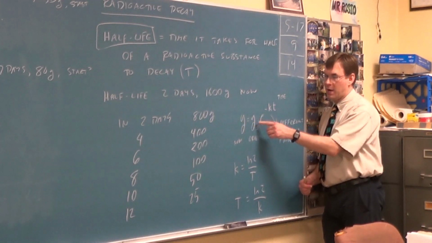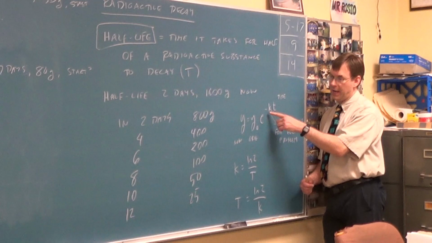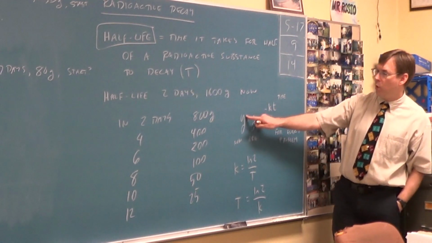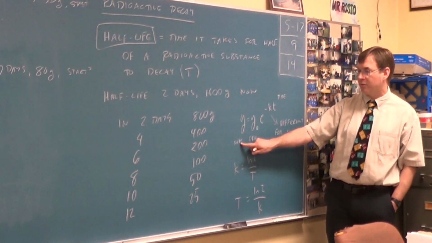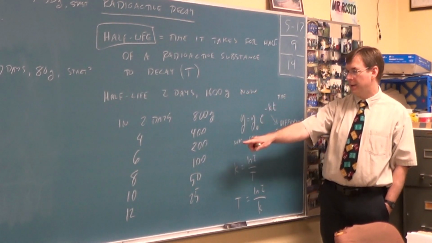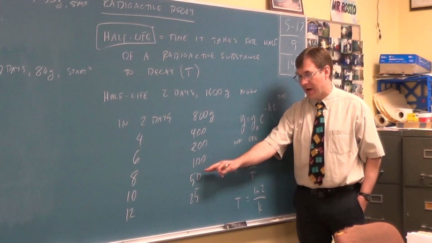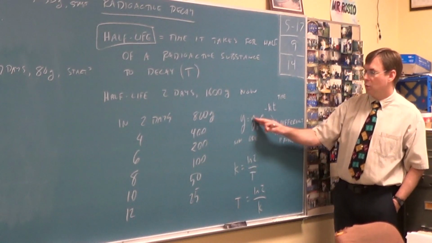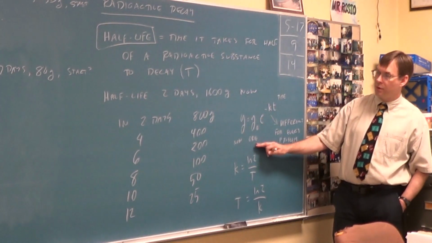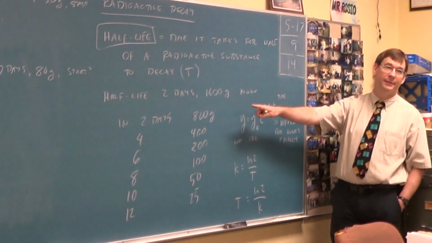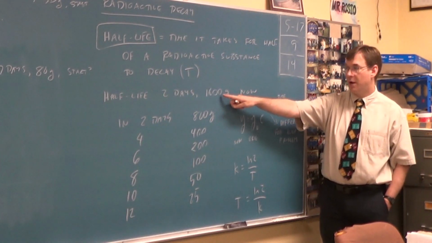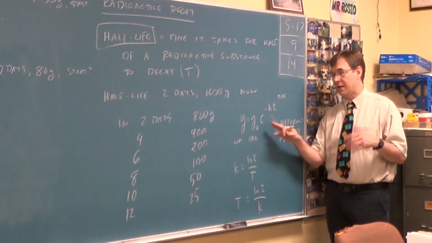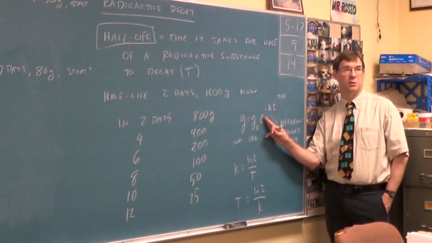It's y equals y-naught times e, our number from yesterday, to the negative power of kt. And here's what these variables mean. The y is a measurement of how much stuff you have right now. So in this story, that would be the 25, the 50, the 100, whatever that might be that's changing. The y-naught is your original amount you started with, which in this story would have been 1600. e is just a number from yesterday. Doesn't matter what it is, because even if you don't know what the number is,